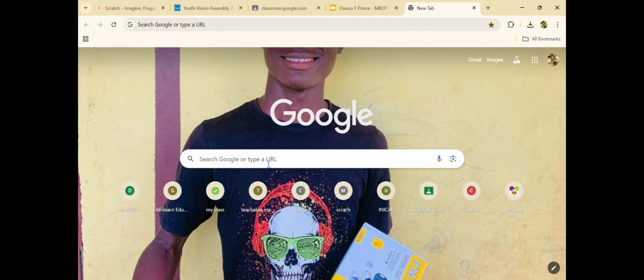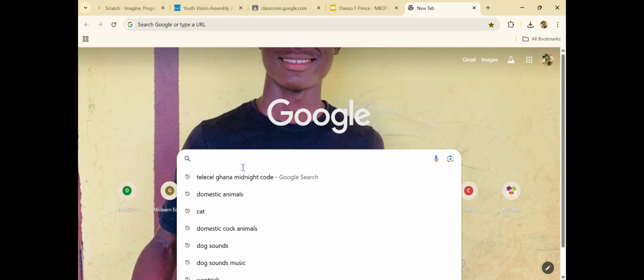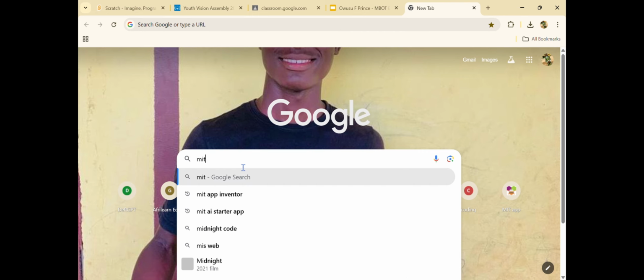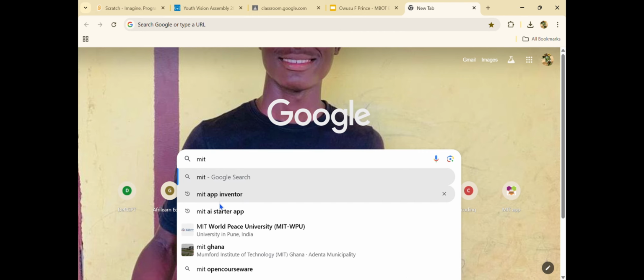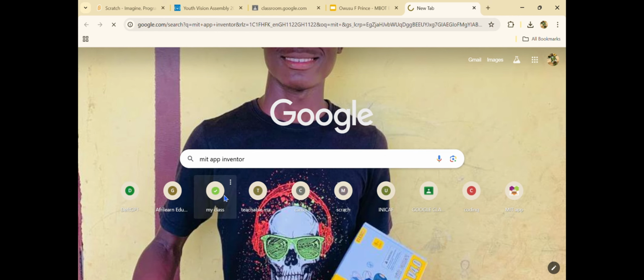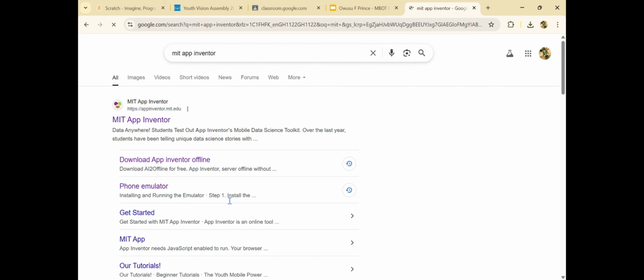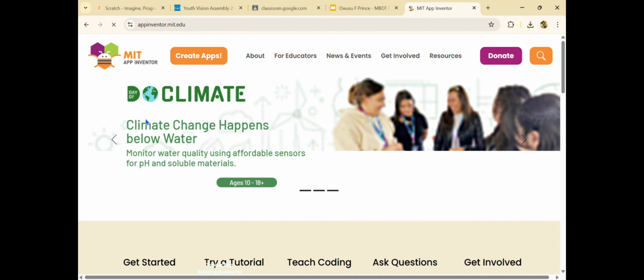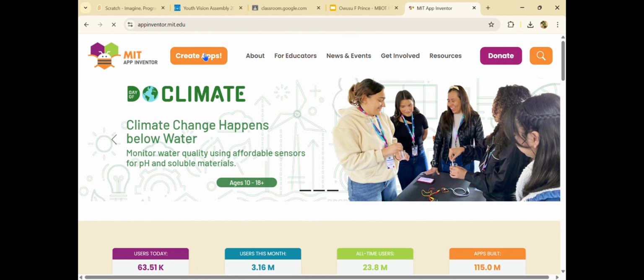MIT App Inventor is very good for beginners, intermediate and everyone. If you're new to MIT App Inventor, first what you have to do is to search for the word MIT App Inventor. When you search for it, it will come like this, MIT App Inventor. So just go to it. There's no need for you to download, it works as a website. And now you can create an app. Click on create app,